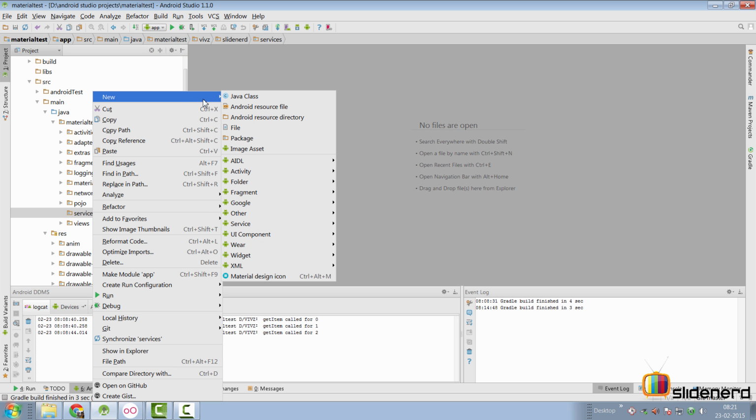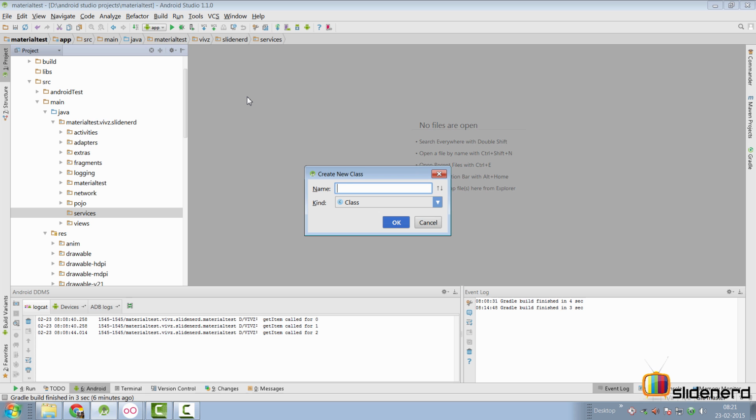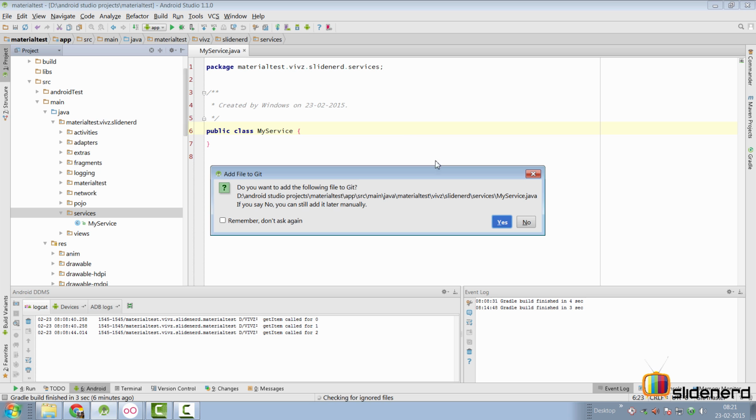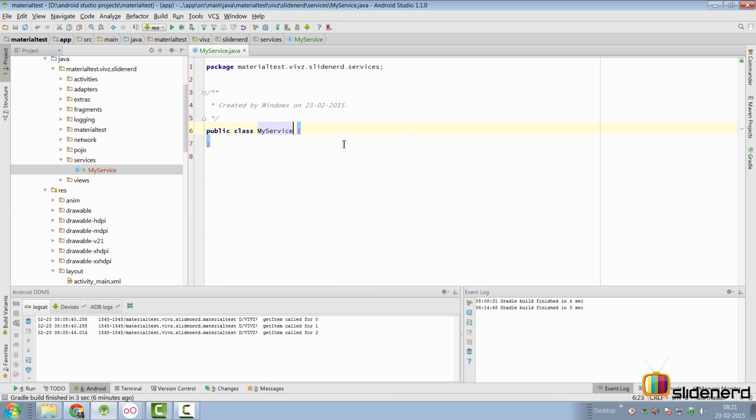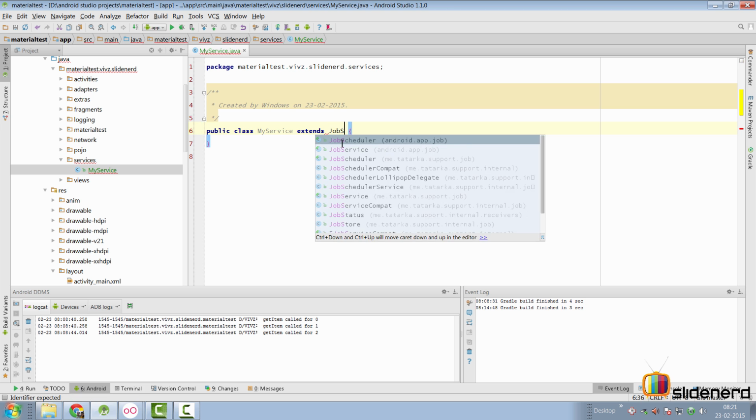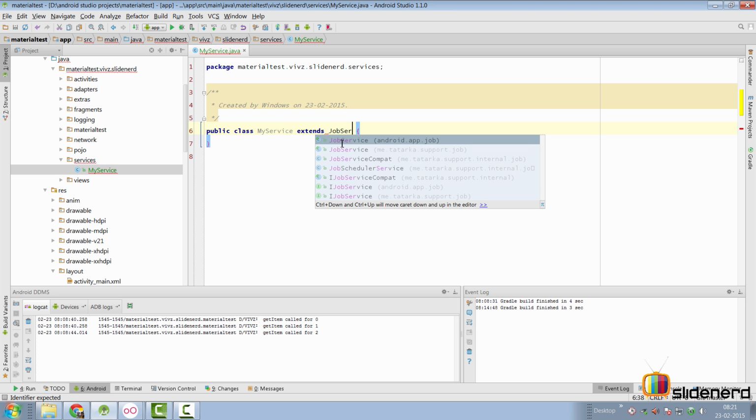Coming back to Android Studio, I've created a new package here called services. Just right click here, say new Java class and say MyService as the class name. Click OK. Make sure that this is added to Git as well if you're saving on GitHub, and simply say extends, and here we can say JobService, and as you can see there are two of them. There is one which says android.app.job, the other one is